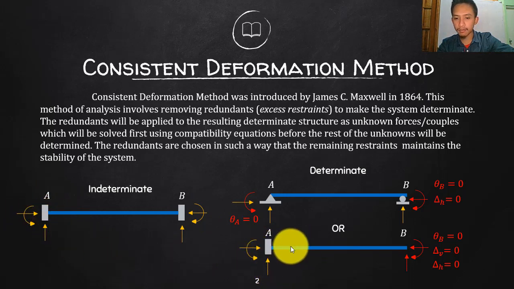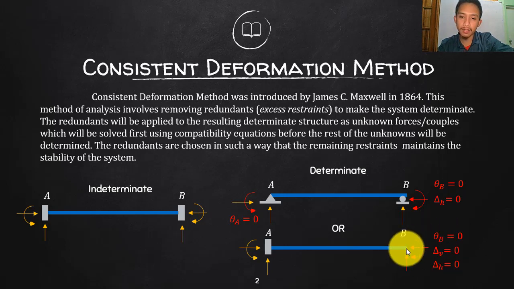So it will now look like a cantilever beam. Or in this original three reactions here, which will be my redundants, we will get these again by compatibility equations. And how will we get those compatibility equations? We know that it is originally fixed, so the rotation at B is 0. And also, since it is fixed, there is no deflection horizontally and no deflection vertically. So using these three ideas, we will create the three equations of compatibility,